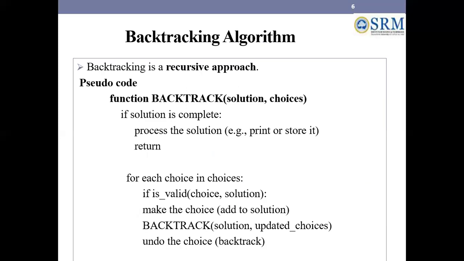And we will see the pseudocode for the backtracking algorithm. It applies a recursive approach. So the function name is backtrack, with solution and choices. If the solution is complete, we process the solution, which can be printed or stored. And for each choice in choices, there are n number of choices or possibilities available. So choose the choices one by one. Try all the choices or possibilities. If it is a valid choice or solution,